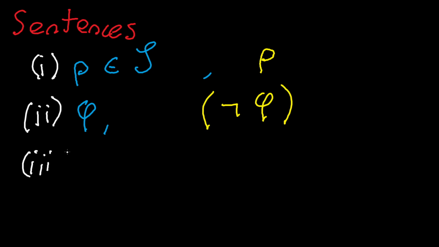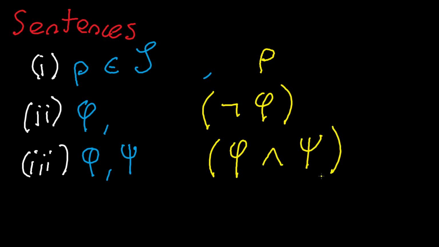For number 3, if you have phi and psi as 2 sentences, then the following is also a sentence: phi and psi. Okay. So this is what you would expect, right? Any variable is a sentence, and then given any sentence, I can negate it, and given 2 sentences, I can always take the conjunction of 2 sentences. Okay? And then finally,